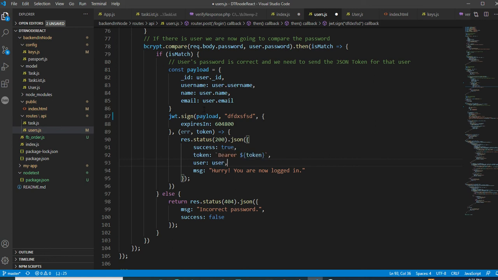So the payload has this information. It is very, very important, because if you store this particular payload in your local storage in the front end, then at any time you can extract the data of the user through this payload. So the payload has some format of the data.